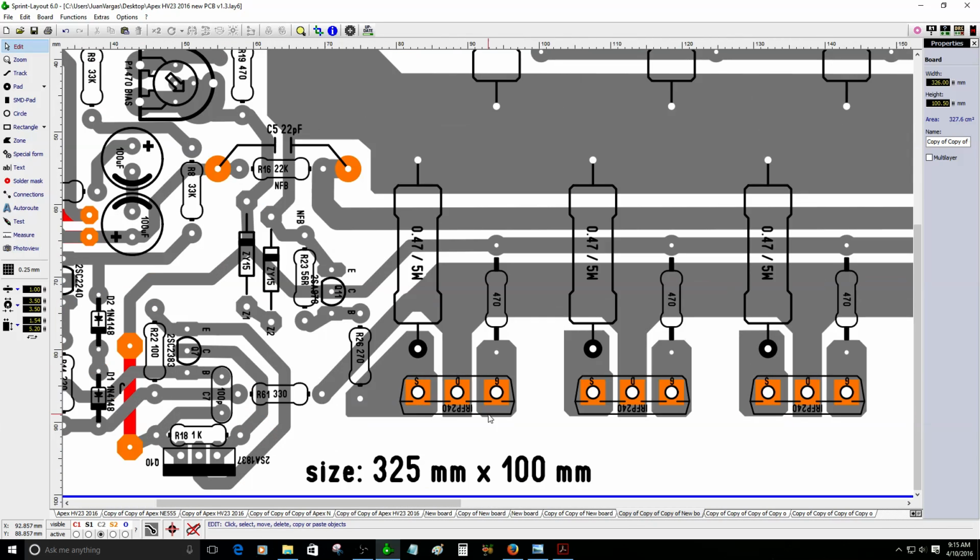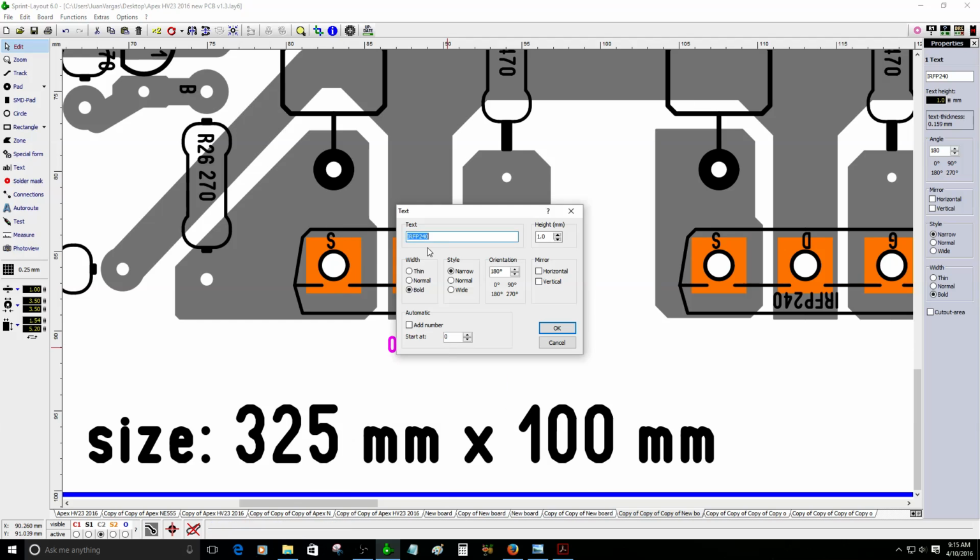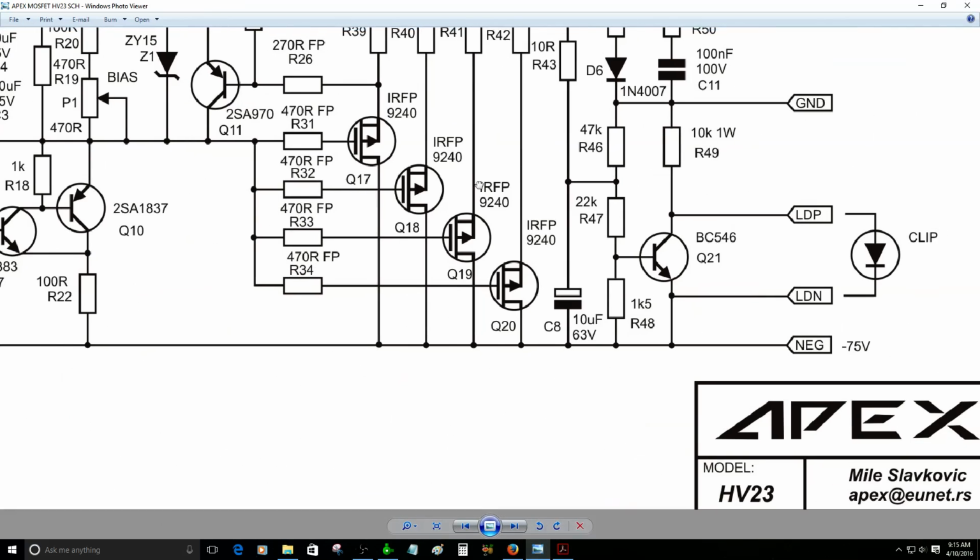And there is one thing that I need to change here. I forgot to do it. It's okay, don't worry about that. I forgot to change this. It's supposed to be 9240. This one here is 9240, just like the schematic, as you can see,